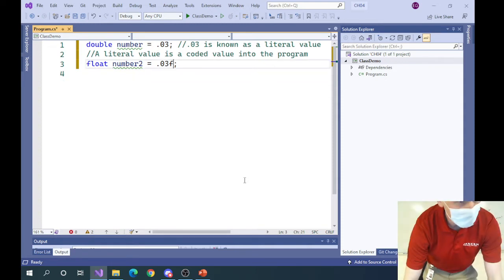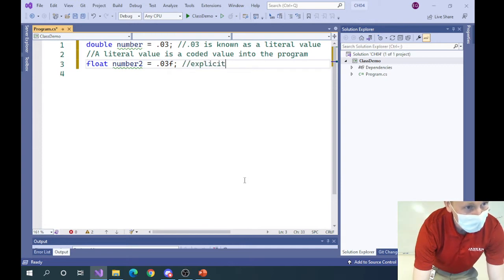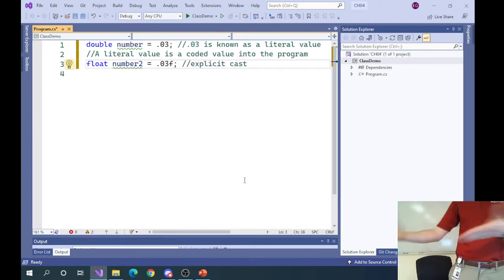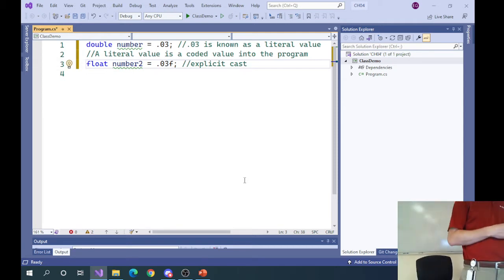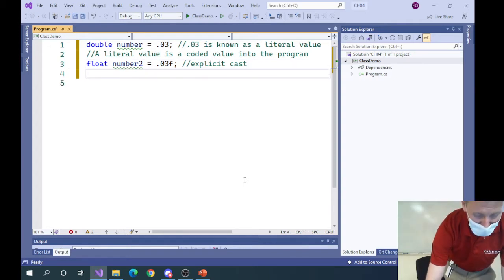Explicit just means you code it. Okay. Not all conversions are explicit. There's another kind of cast that happens automatically. If narrowing conversions have to be explicitly cast, the opposite is called an implicit cast. Implicit cast just means it happens automatically because it's a widening conversion. Widening conversions, like, I'll give you an example of a widening conversion.